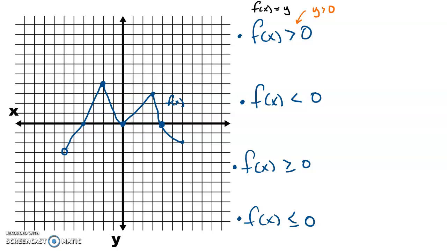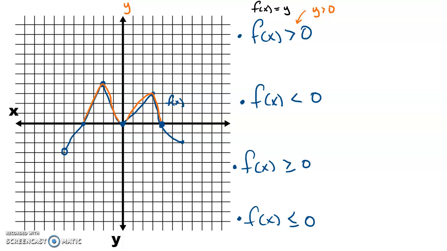And when I just look at the graph and think about it, well, this is the y-axis. And remember, we count up 1, 2, 3, 4, 5 all the way up to infinity and then down to negative infinity. So where our y values are greater than 0 or positive, it's all these values up here. These are where the y's are greater than 0. Now, we aren't going to list all these values. We're going to list specifically where our graph is greater than 0. So that's going to be here